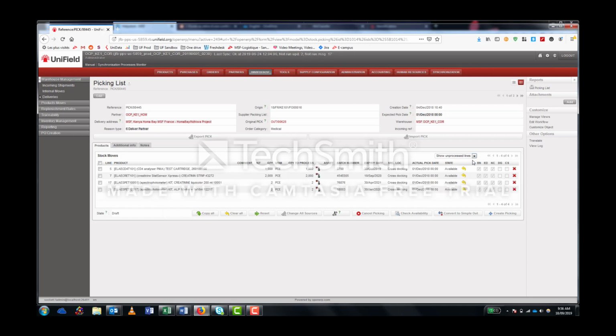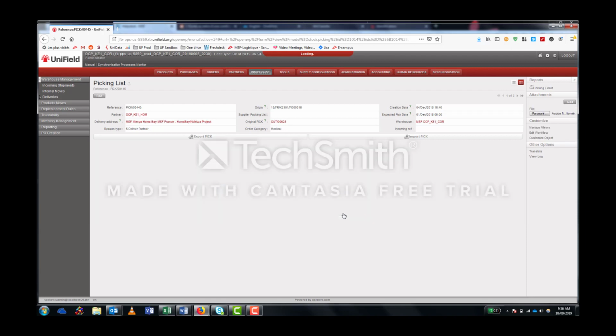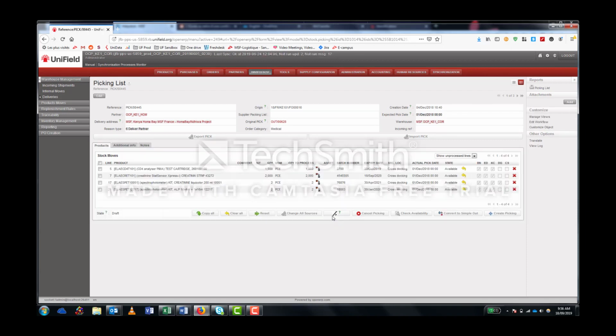A new button is also available. It's this one, the elevator. It allows you to switch to the quick flow. As you can see, the default setting in Unifield is a long flow. If we move to the quick flow, the screen will be pretty much the same. The main difference will be the same button, which instead of being an elevator, will be the stairs. If you see the stairs, it means that you are in quick flow and you can move back to full flow. If you see the elevator, it means that you are in long flow.